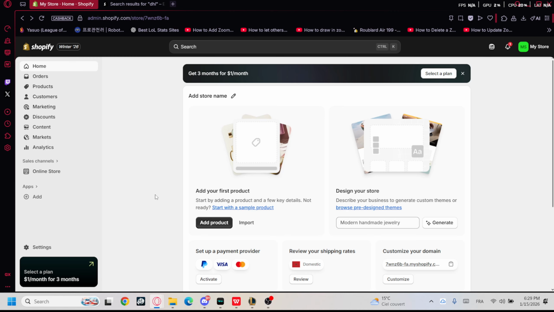In today's video I'm going to show you how to integrate Shopify with FedEx in 2026. So you will need to use Shopify's built-in FedEx integration, and that means carrier accounts. So if you want FedEx rates at checkout and to print FedEx labels from Shopify, you will need to have